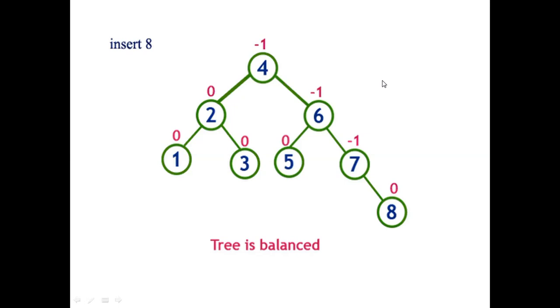If you don't know how to calculate the complexity of this binary tree, please watch my previous video. Okay, so this is the tree: 1, 2, 3, 4, 5, 6, 7, 8. If I do that, 1 and 2 go on the left. Right hand side is 3, 4, 5, 6, 7, 8. So how many levels is it having? Right now it has 4 levels, and it is going to be 8 levels down. That is how we are going to balance this tree, and the complexity of the tree will be reduced.